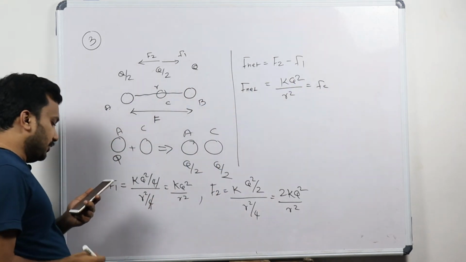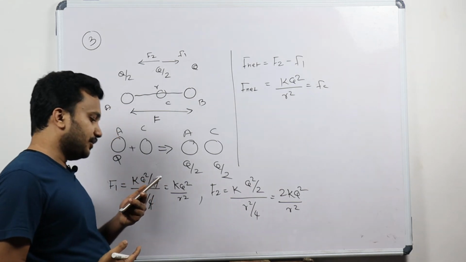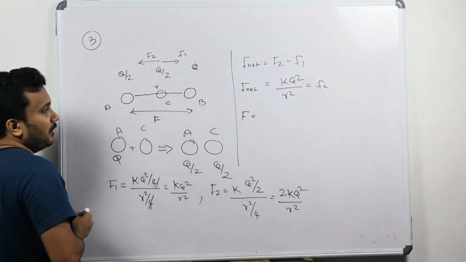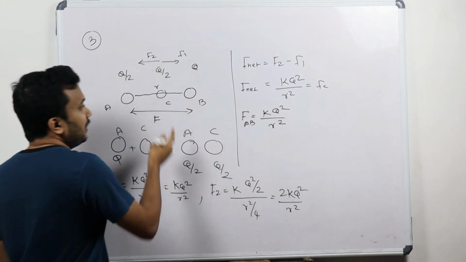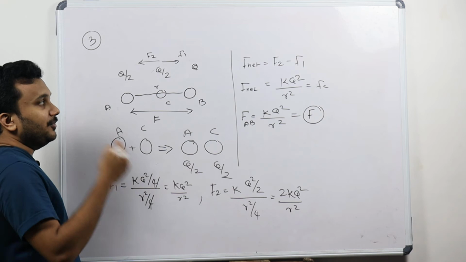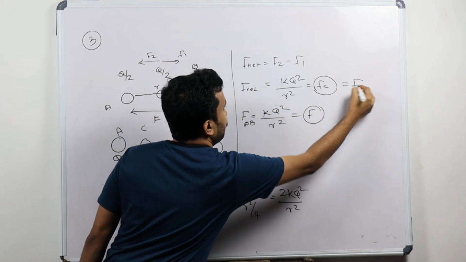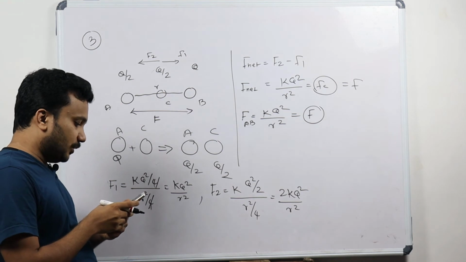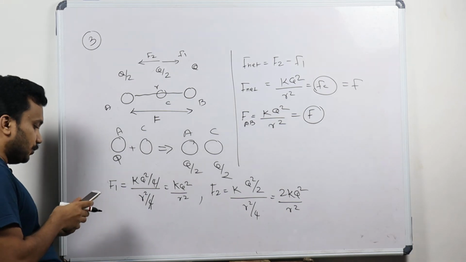Now we look into the question. Two equally charged identical metal spheres A and B repel each other with a force of F. So if A and B are here, what is the force between A and B? K into Q square by R square. The force between the two bodies, FAB, is given in the question as F. Whatever we get for the net force on the charge C, that is Fc, and this is also equal to F. So the answer to our question is option A. Total force will be equal to the net force on the body, which matches option A.